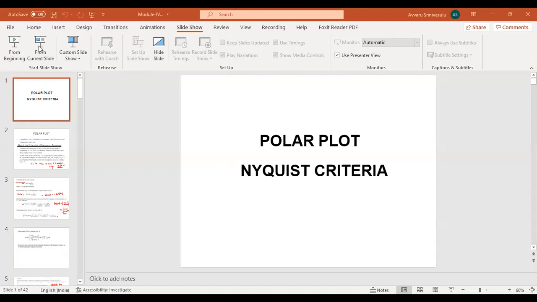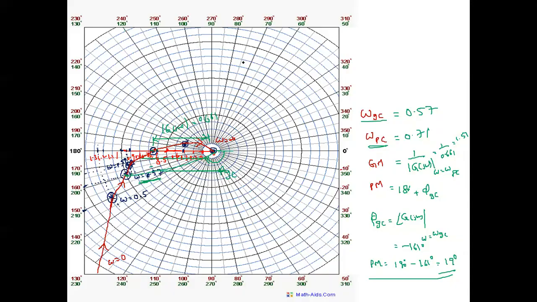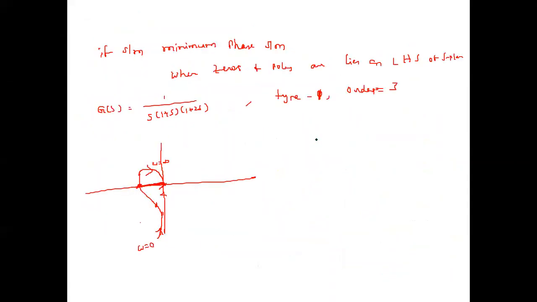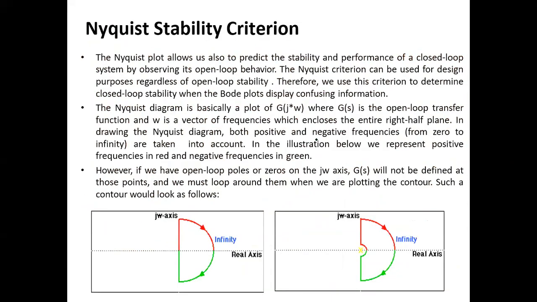Closed loop system as well as open loop system. That is the beauty of the Nyquist stability criteria. See, in this, we will map, transform the poles of the closed loop system from the s plane to the f of s plane,